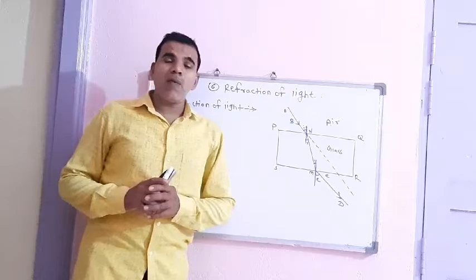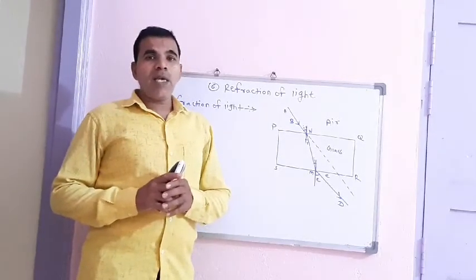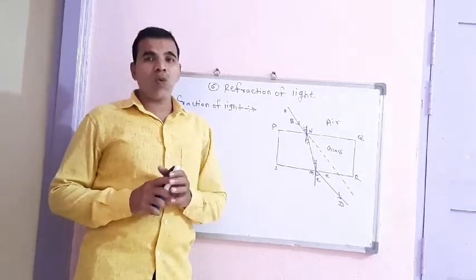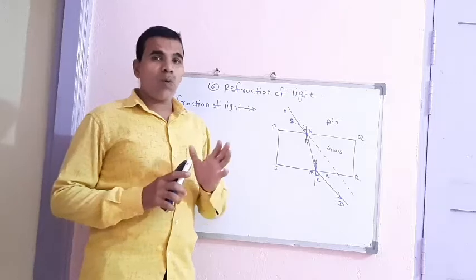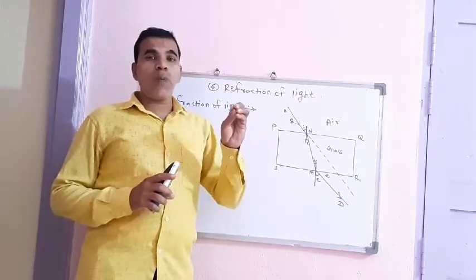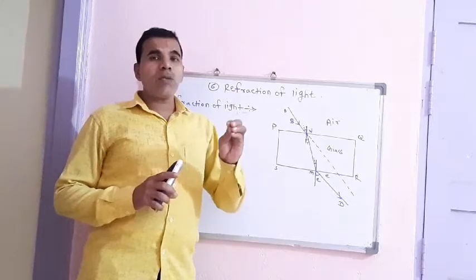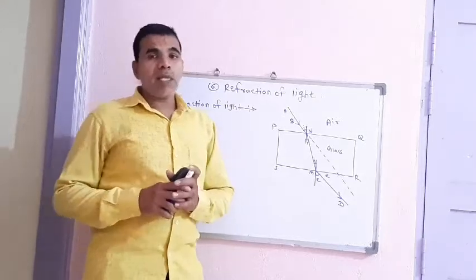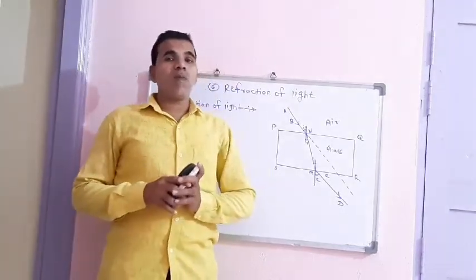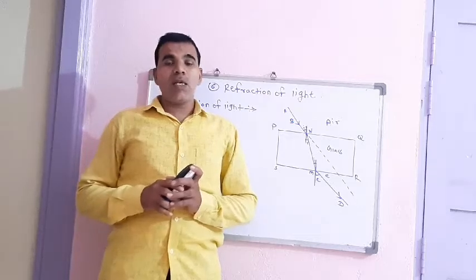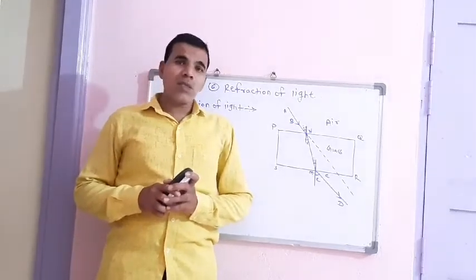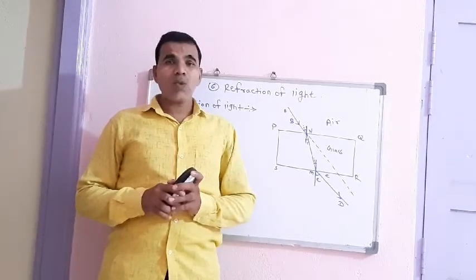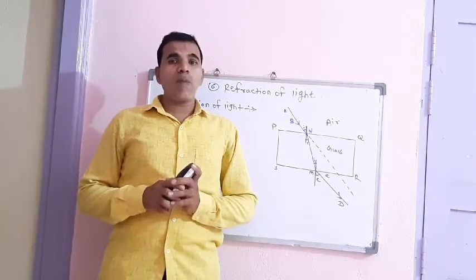Now we know that when light travels in a straight line, if any opaque object comes in the path of light, then we get the shadow of the object. We know that an infinite number of light rays are obtained from the sun. The sun is an unending source of light. So in the environment, light is an important part.